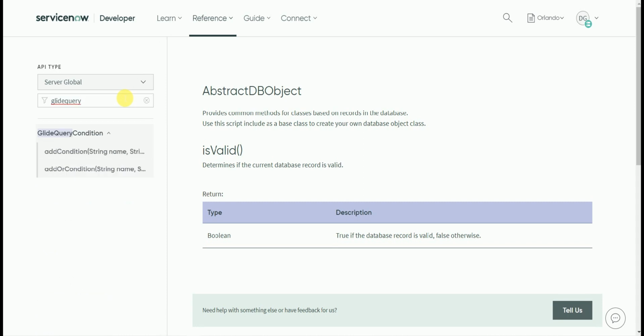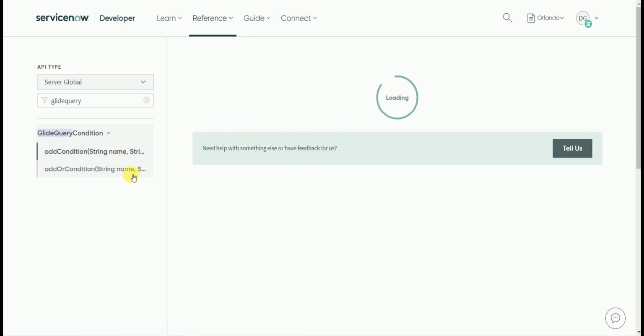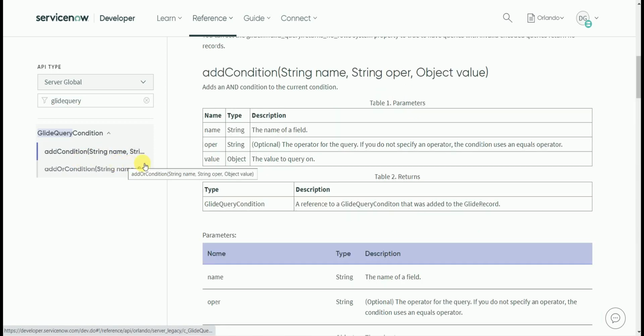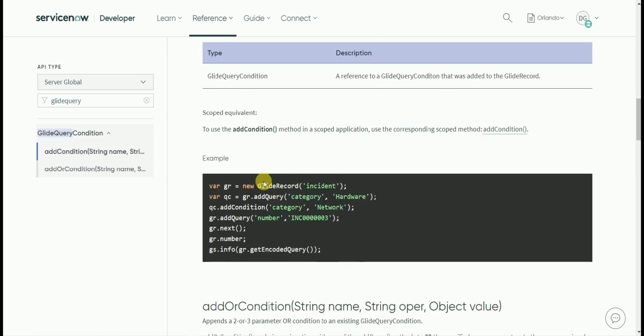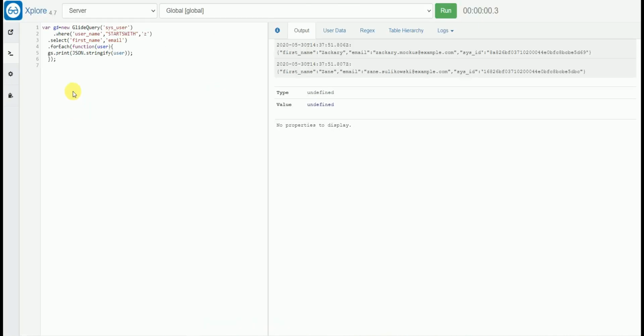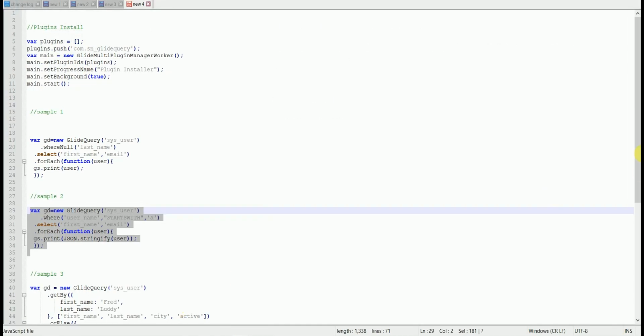It seems that we can do complex queries with fewer lines of code. Yeah, but the docs that we have are for GlideRecord. It's GlideQueryCondition, not the GlideQuery one, that is addQuery or addOrCondition. So there are no docs related to this, but this seems quite interesting, right? That's what I'm saying. Okay, let's check out another one.